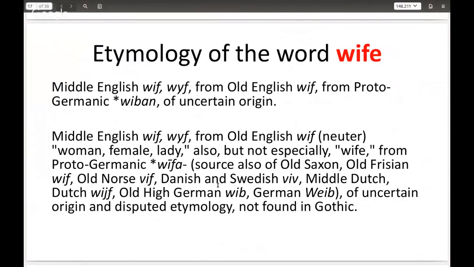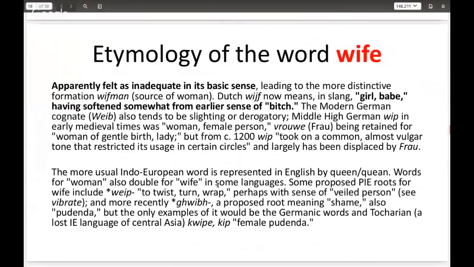But from Proto-Germanic, possibly wifa, source of Old Saxon, Old Frisian, Old Norse, Danish, Swedish, Middle Dutch, and High German variations of uncertain origin. The etymology is still being debated right now, but what we do know is that apparently this word wif, or wife,